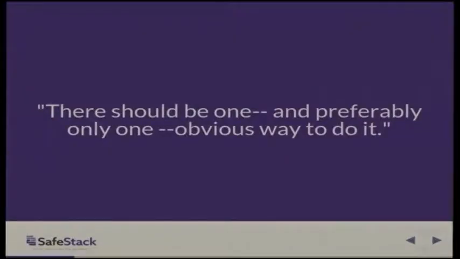This is from the Zen of Python. I assume everyone here is familiar with that. If you bring up a Python interpreter and type import this, you get a set of principles that are basically my favorite thing about Python. The philosophy behind that is one of the things that makes me choose Python for all of my